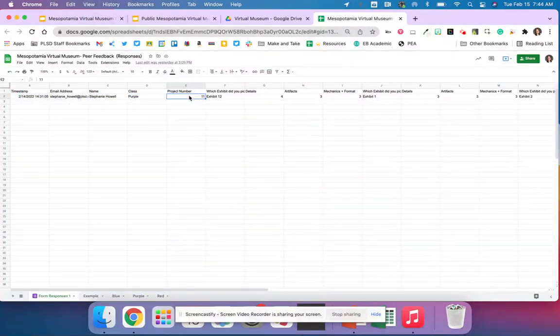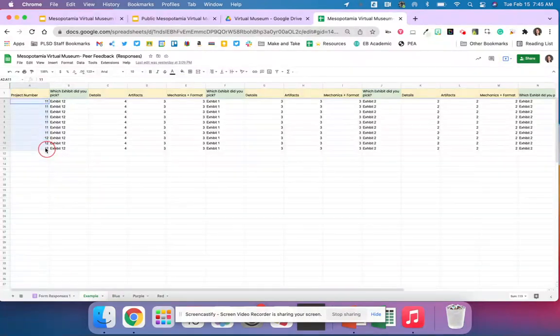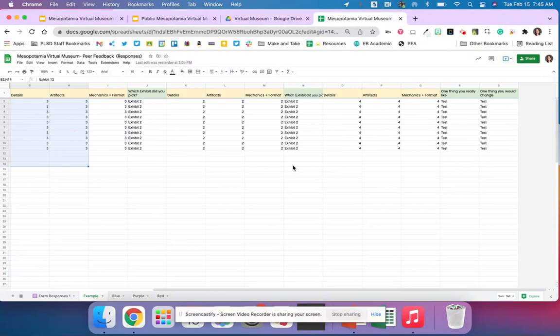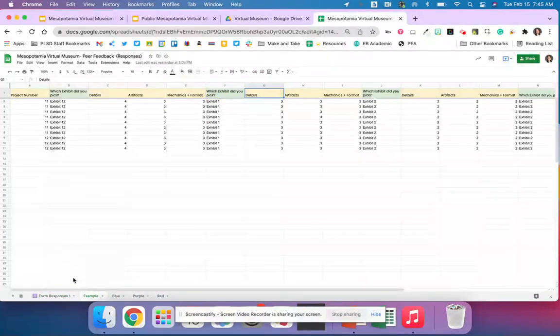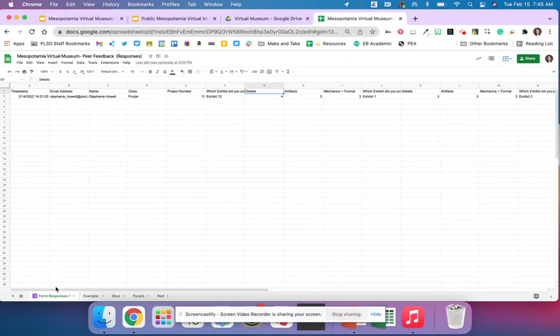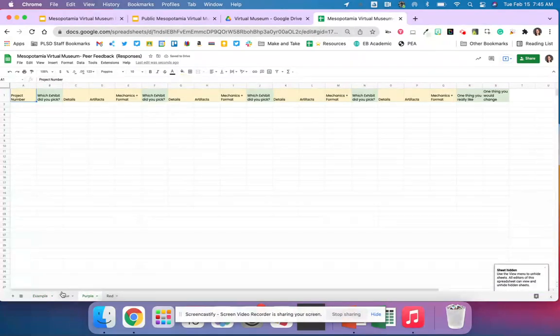to know who. And all I'm going to do is I'm going to highlight all of this into the separate areas. So right here you can see that I took project 11 and 12, and here are all of the information for those projects. So again, you're going to take away the student names and all of that information and just highlight from the project number all the way over. If you changed any questions on your Google form, you need to change them up here as well. So again, this is showing mine, and you'll need to change yours if you changed any of that. Once you do that, you will want to hide this sheet again so students cannot see it. You can also lock it if you need to, but then they will be able to see just the numbers